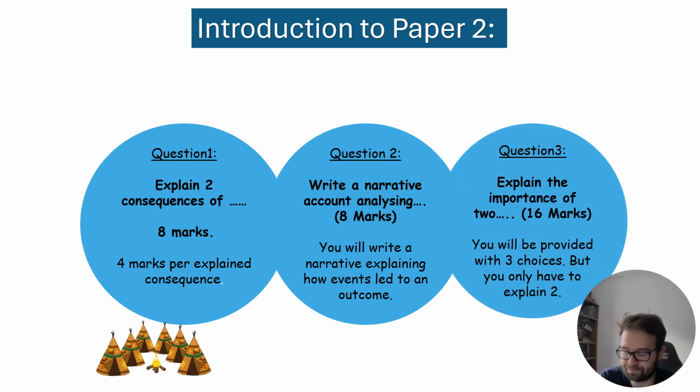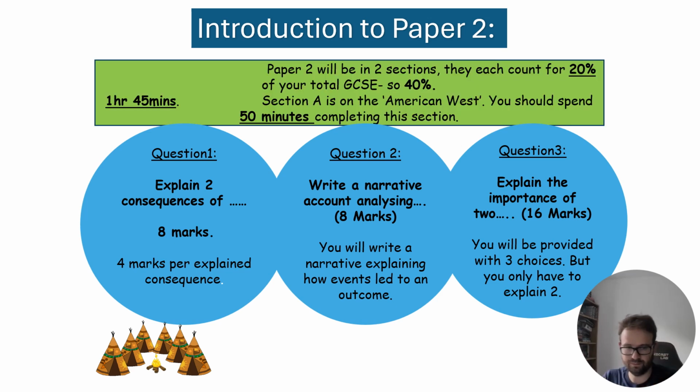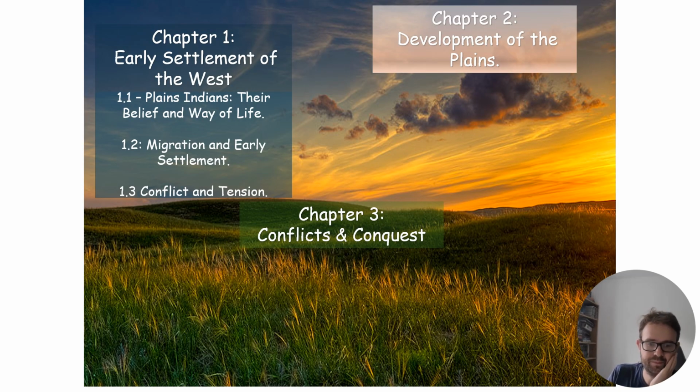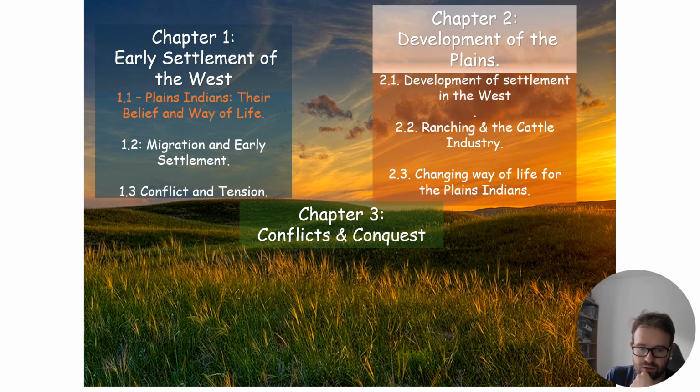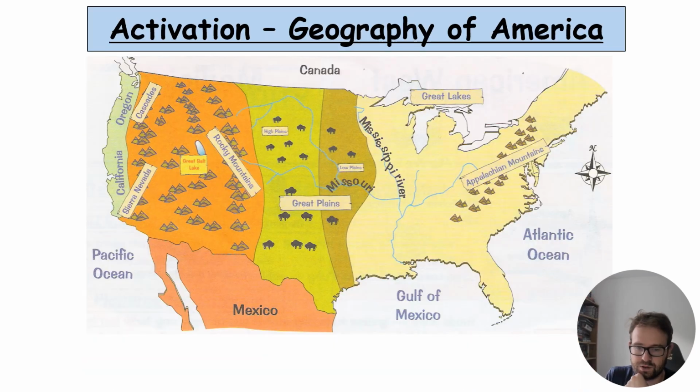Okay. Again, everything you do in this either tells a story or there's a significance to it. So think about the impact as we go through, the impact of each topic, of each bit. You have an hour and 45 minutes. This is 40% of your paper for Elizabeth and American West, okay? Do not neglect it. So we're starting with chapter 1. Again, we'll go through this in the correct order, and then we'll finish with chapter 3.